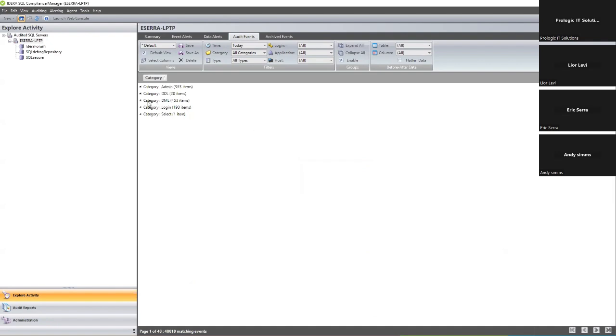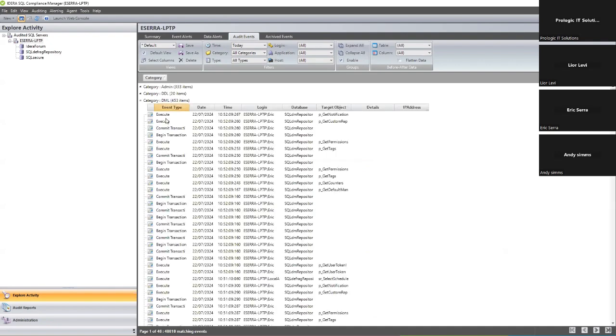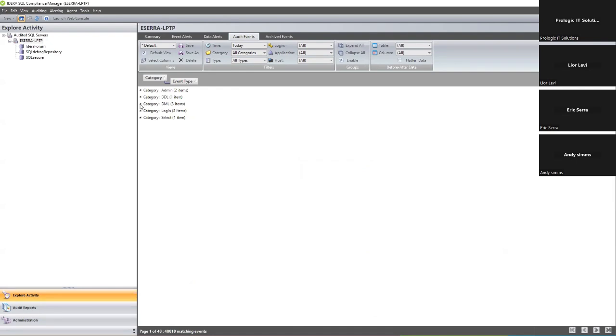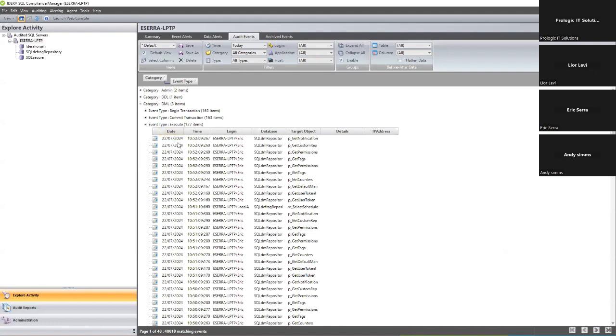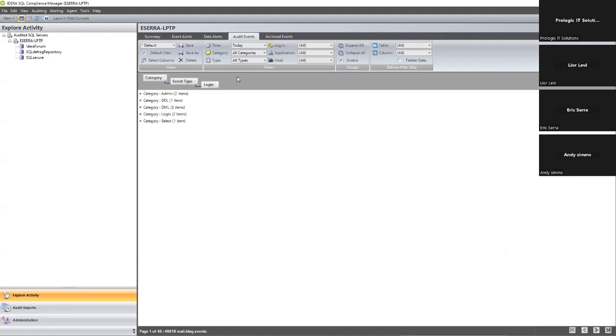For example, I want to look at the DML, plus expand. Then I want to filter by event type in that particular category, drag and drop. Okay, so I come back to the category DML. Now I'm filtering by event type: begin, commit transaction, or execute. Yes, I want to look at the execute. Now I want to look at the target object, but let's continue with the logins. DML, executes, and logins, two